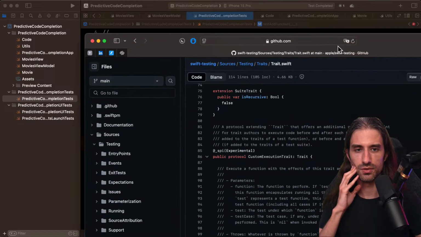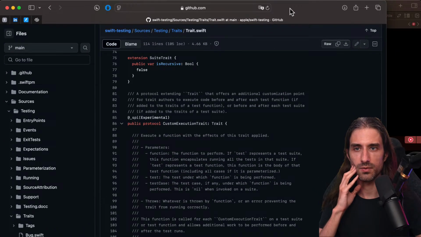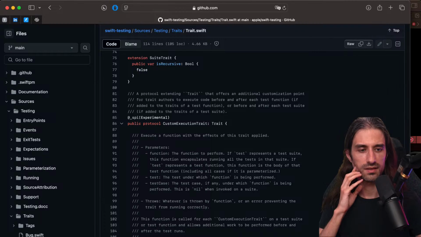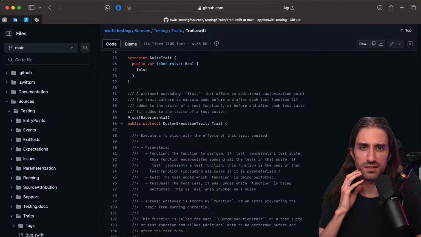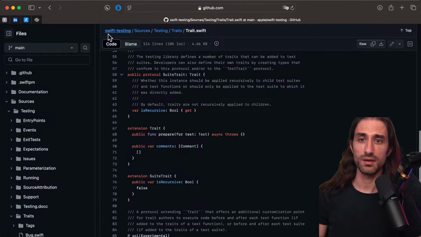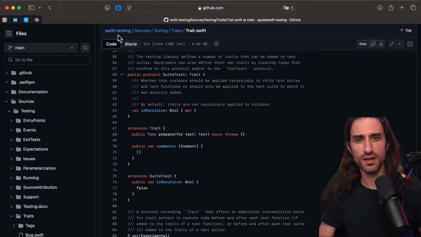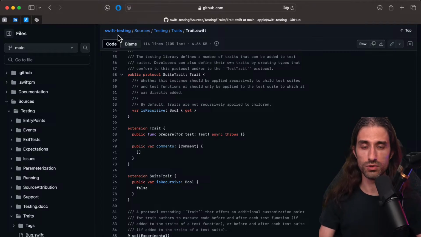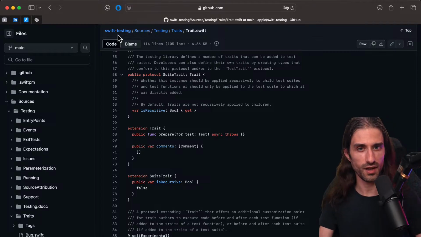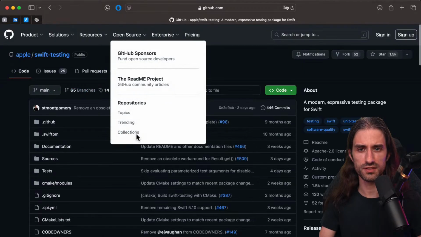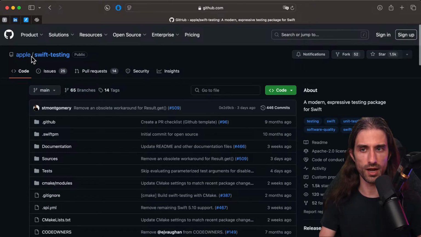Let me just show you what I see. I need to put my window at the right size. So this is the source of Swift testing. By the way, we're learning that Swift testing is open source, which is surprising. I wouldn't have expected Apple to open source it. Let me just check. Okay, it's indeed the one from Apple. It's not like another product with the same name.